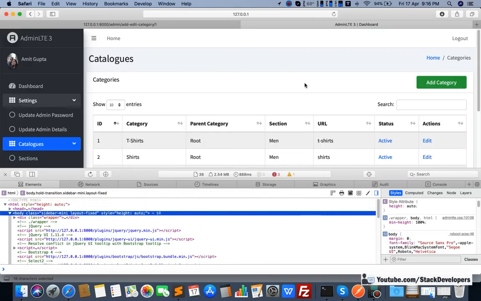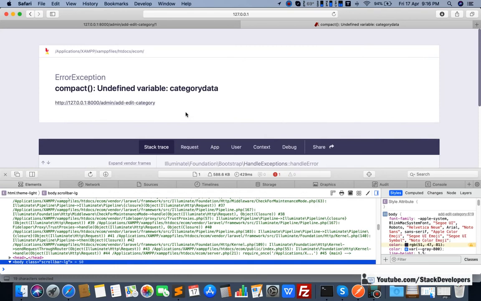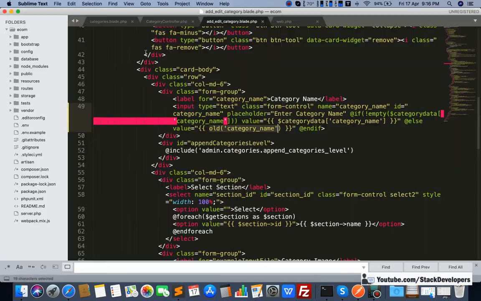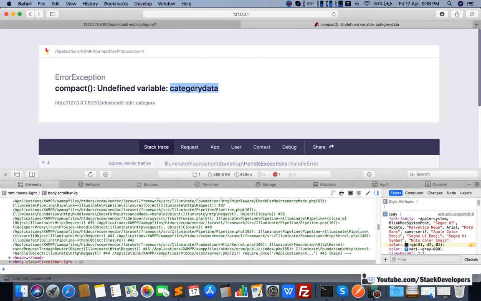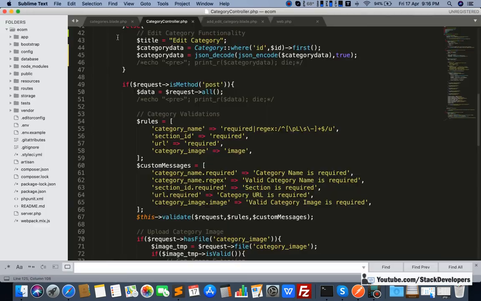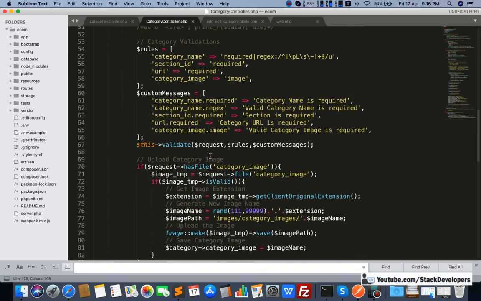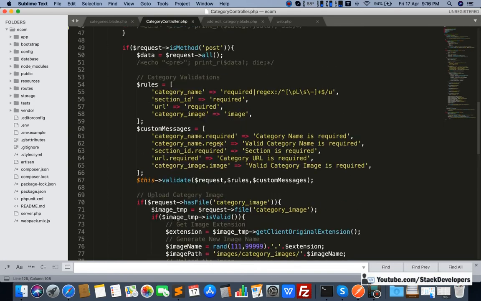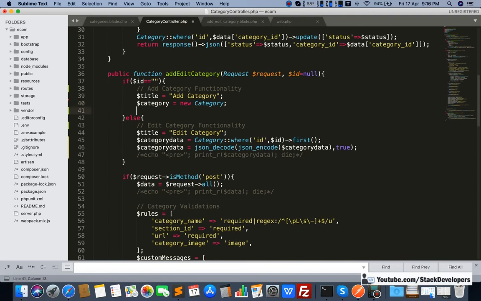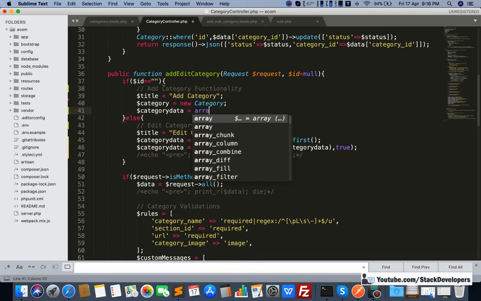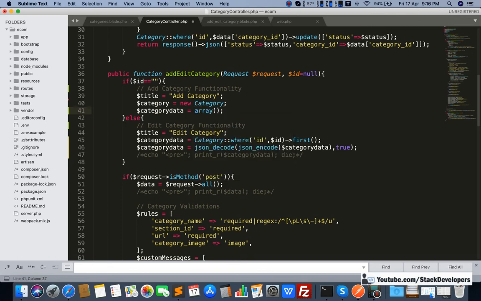See, if I click on add category, okay, I'm going to check. Okay, so you can check here that it is saying that category data is missing. Yes, it is missing from the add category, so we need to add this one here in add category. See here, we need to add this one as well with an empty array, because here it is not required because we don't have any ID.